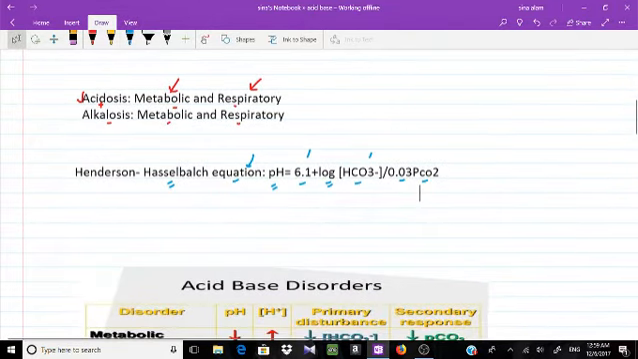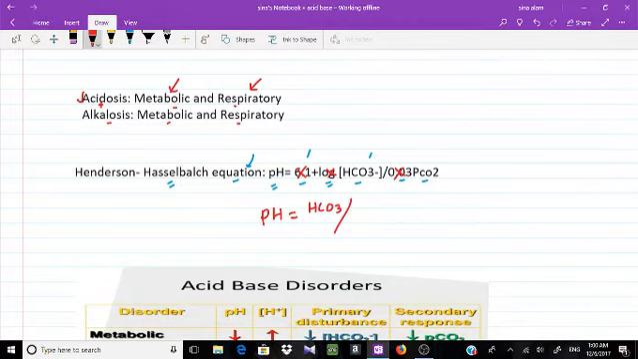So let's make it simpler. This 6.1 or this log or this 0.03, just forget it. If you write it like this, that pH equals the bicarbonate level divided by the partial pressure of carbon dioxide, then this becomes slightly easier, right? How? If you increase the bicarbonate and there is no change in PCO2, this value will go higher, so the pH goes higher, and if the pH goes higher, we call it